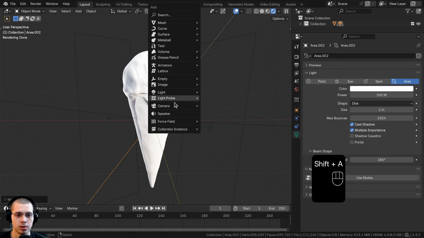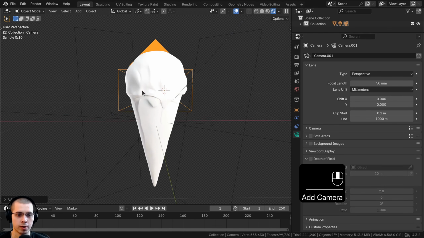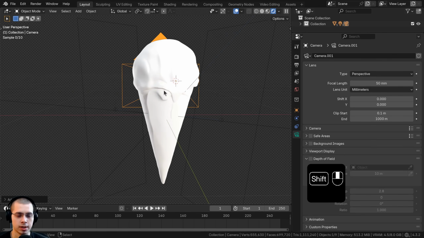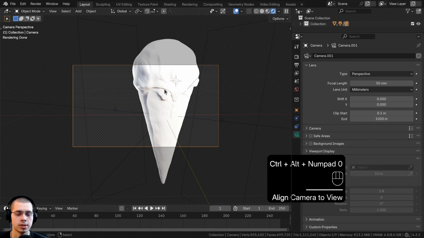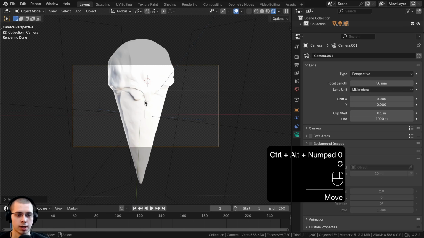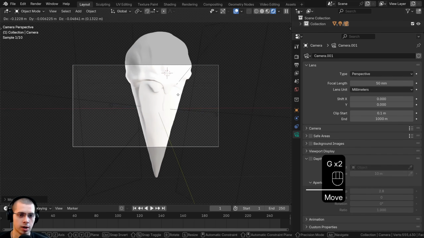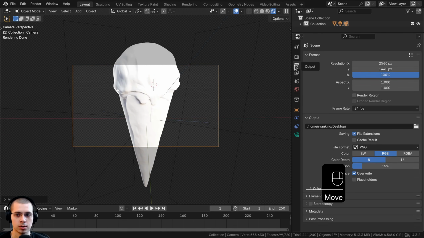So if I go to the add menu, we'll go to camera and I'll move my view kind of to about here, slightly looking down, and then I'll hit Control Alt Numpad 0. Control Alt Numpad 0 will bring the camera to our view, and you can hit G to grab, kind of move the camera around. Let's go here to the output properties, and on the resolution X and Y, I'm going